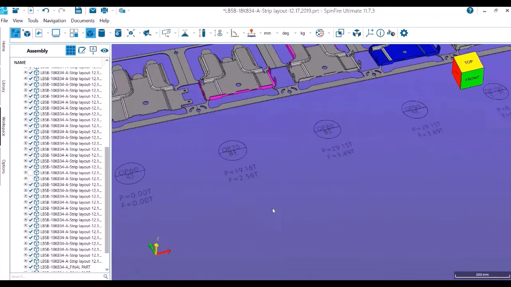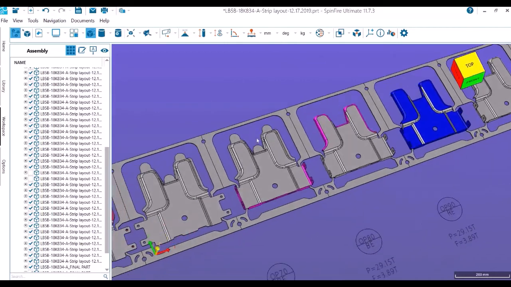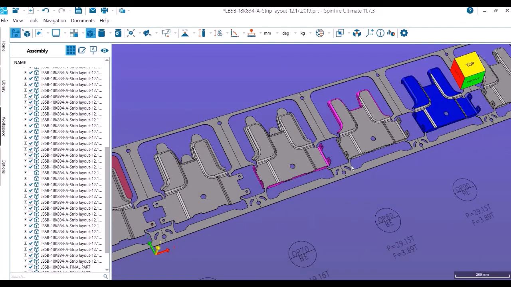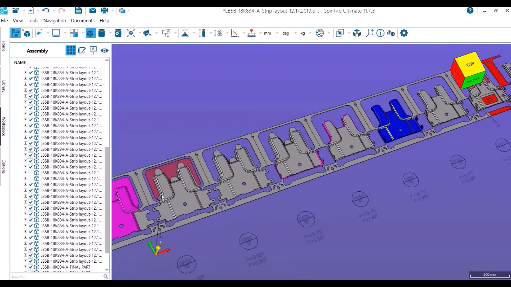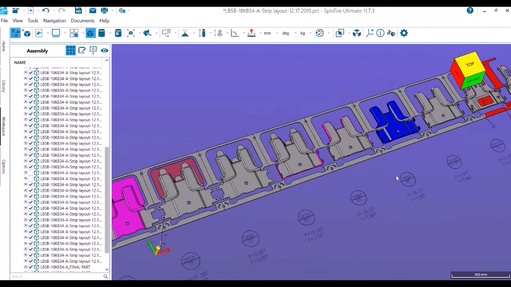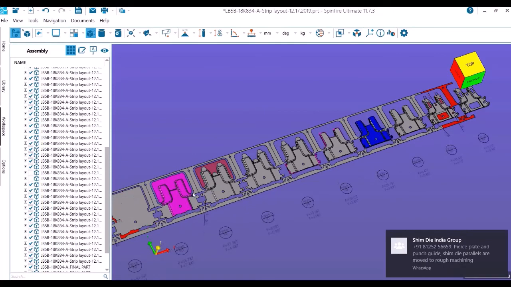So you can see the flange up has all the holes also done in the previous station, in this particular station where we are doing the trim and pierce both together. Prior to trim and pierce, we are doing the form, right? This complete form, and before this complete form, we have all the trim line established, right?